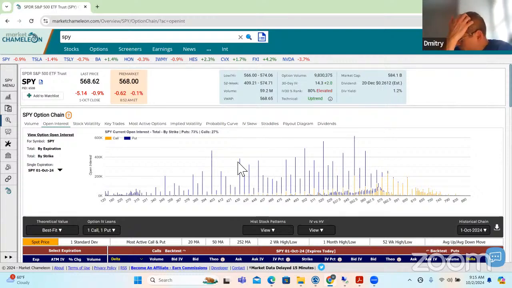I don't know if this is an unusual amount of open interest in the puts, but traditionally people could be using the SPY to hedge downside market risk, right? So you have a portfolio of different stocks. You could be trading Apple, Tesla, Microsoft, whatever it is, right? Let's say you have this portfolio of stock positions. Well, once you create this portfolio of stock positions,